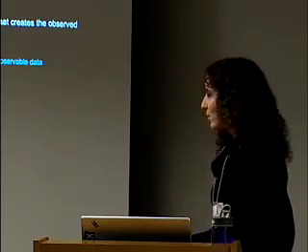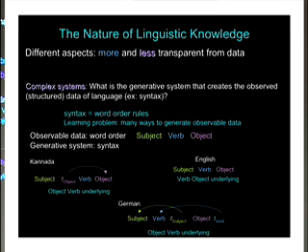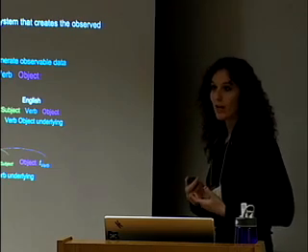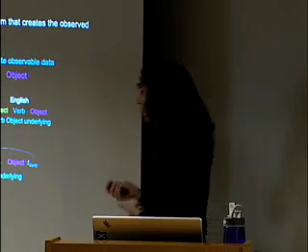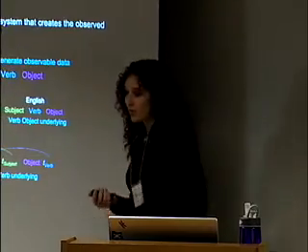The reason that I'm calling this less transparent is that what you get effectively is the output of the system. You get the word order rule, our syntax within the system. And what you're trying to figure out is what is the system that actually generated that observable data? What are the rules that are involved in this? So, for instance, if you have the observable word order, subject, verb, object, so I like books, so subject before verb or verb before object. The idea is that it's not that you're just trying to generate this particular word order. What you're interested in learning or figuring out, unconsciously, is the system that speakers use to generate that output. And there are a bunch of different systems that could do that.